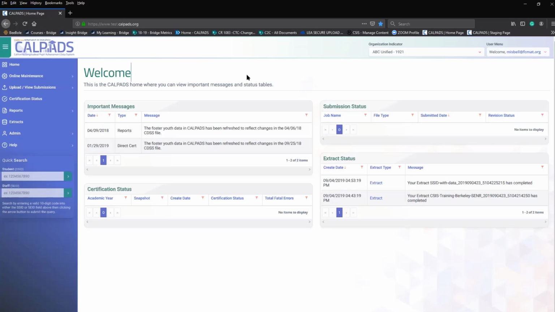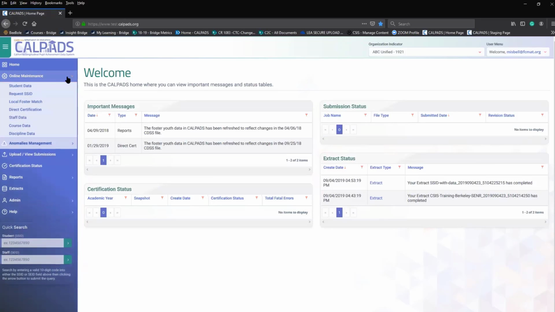So what would you do? You would go into the admin area, which we're going to talk about later. So I might as well get ready. On the left hand side here, this is the left nav. It starts with the home page, which is what we're on. We have the online maintenance. And when you click on the chevron here for the online maintenance, it opens a sub menu. Okay, that's a word that we want to use when you're dealing with support and you're trying to tell them where you're at. I went to online maintenance and I'm looking at the sub menu with the data container of